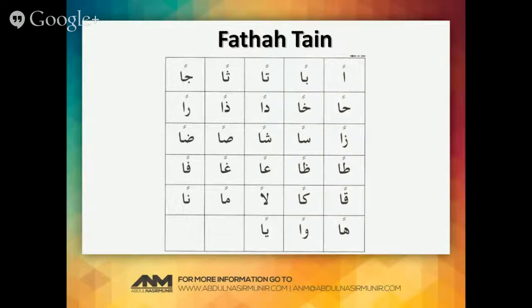The way we read this is: alif fathatain an, ba fathatain ban, ta fathatain tan, tha fathatain than, jim fathatain jan, ha fathatain han, kha fathatain khan, dal fathatain dan, dhal fathatain dhan, ra fathatain ran, zay fathatain zan, seen fathatain san, sheen fathatain shan, sad, notice the full mouth letter, sad fathatain san,